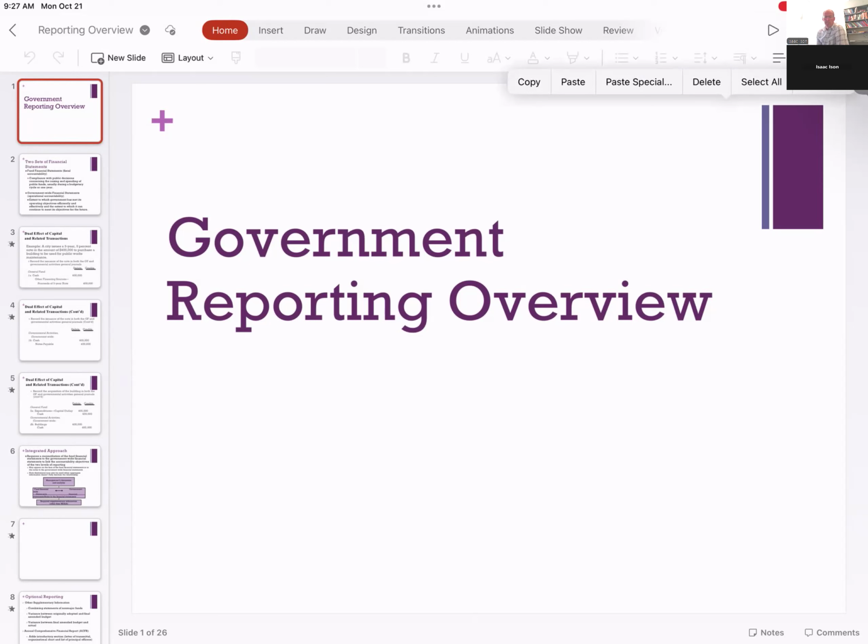So basically we're just going to go through and look at all the reporting requirements. Don't get overwhelmed with the details of the different financial statements. Instead, just focus more on the format and some specific things that I'll highlight. You won't be required to prepare financial statements for governments. So just focus more on the requirements. I'll try and highlight what you should really focus on. Okay, let's get going.